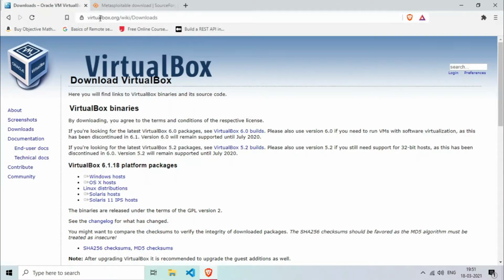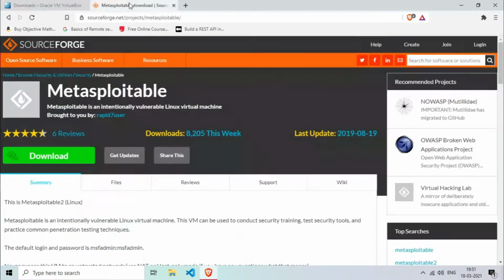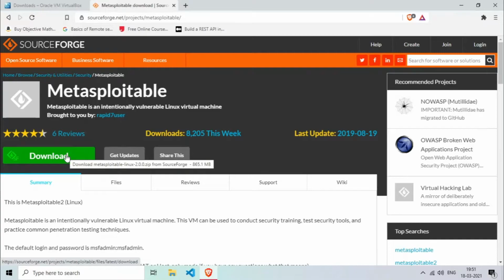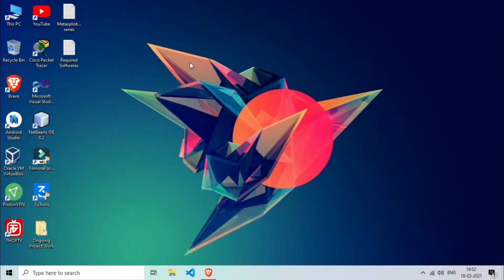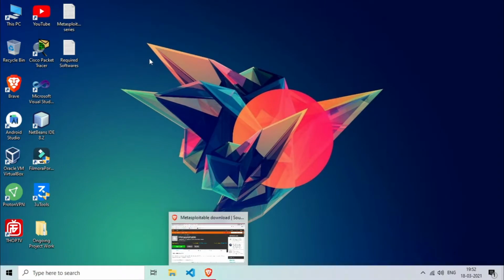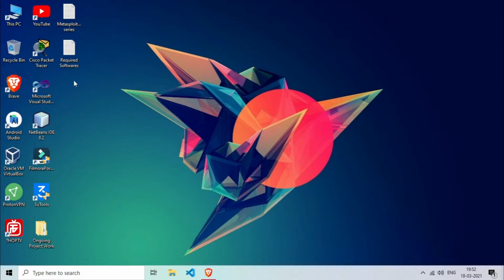After downloading and installing VirtualBox, we just need to download the Metasploitable virtual machine from here. We will basically get a zip file in which there will be a virtual machine disk for this Metasploitable virtual machine. After you download it, you need to extract it using WinZip or WinRAR or any other compression extraction software. After extracting and installing VirtualBox, now we need to set up the virtual machine on VirtualBox.